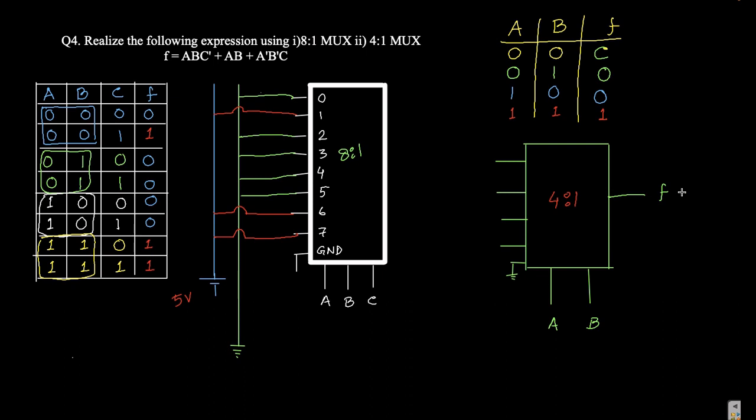Okay. Now, so 0, when A, B is 0 and C is 0. Now taking one thing, first you have to take 3 lines. One is the 5-volt line, one is the ground line, one is the C line,